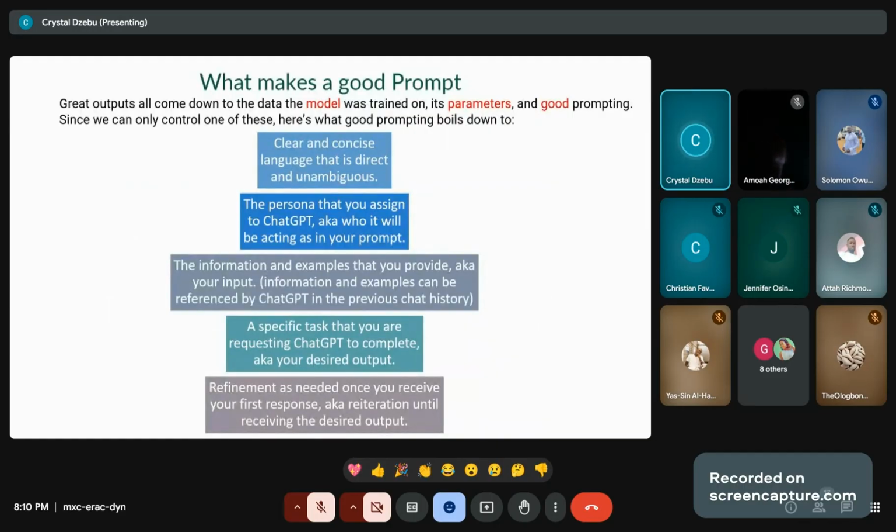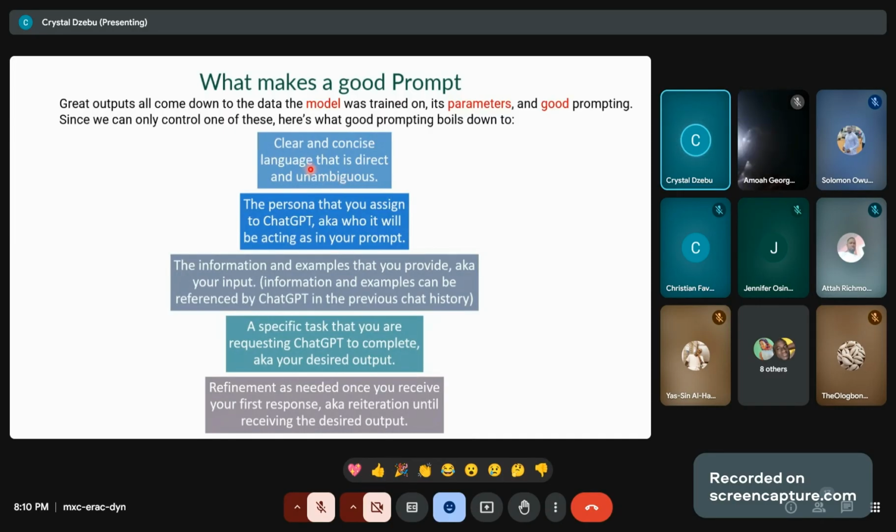So what makes a good prompt? First of all, be clear and concise with the language, be direct and unambiguous. Your prompt shouldn't mean two things. None of us likes ambiguous statements. If you see something that means two things, I can give you information on any.